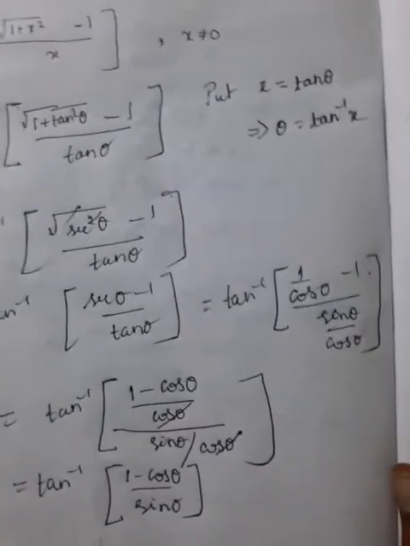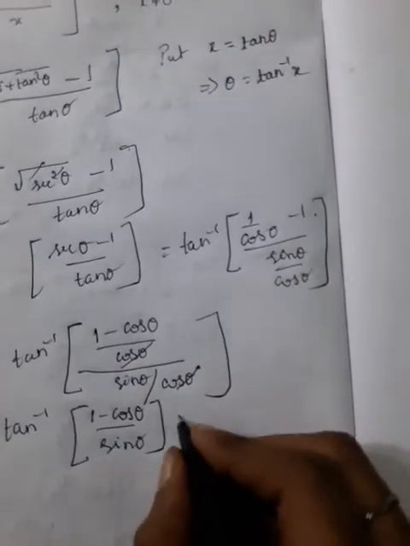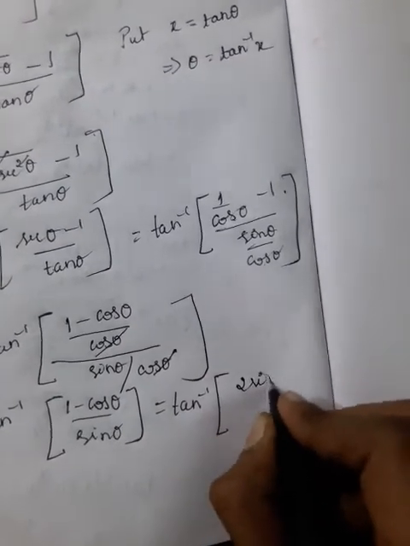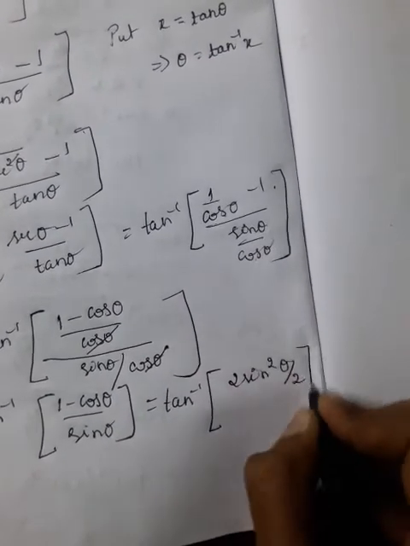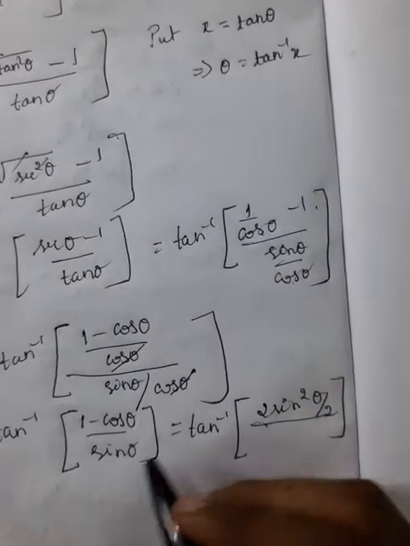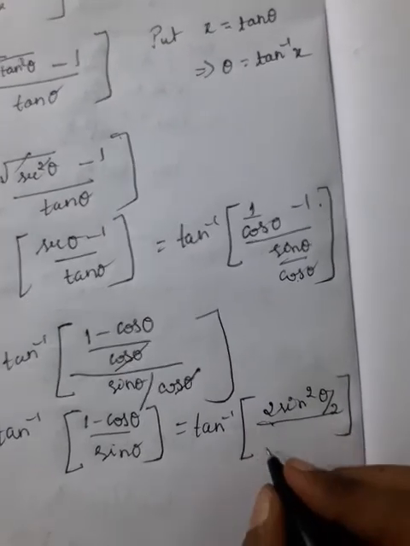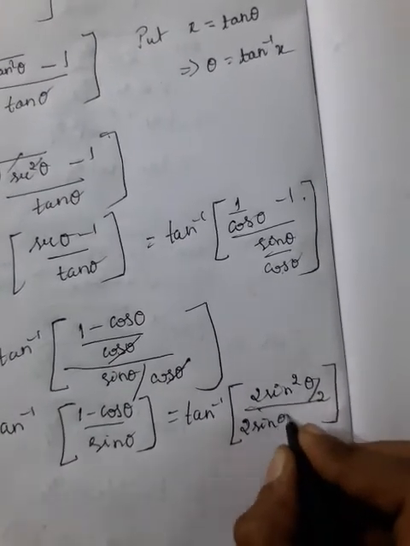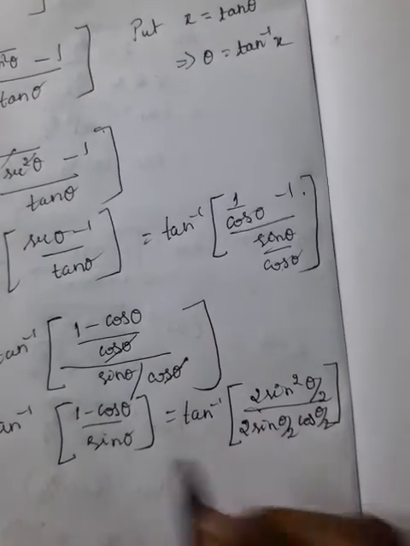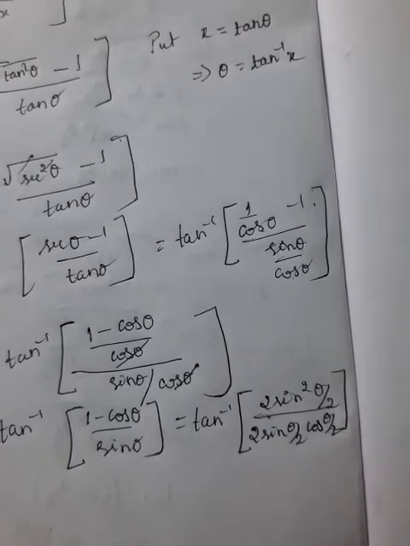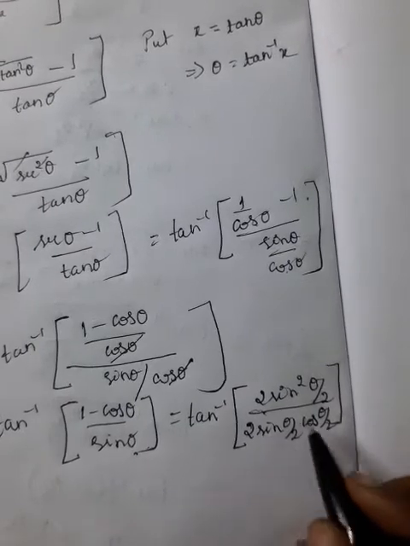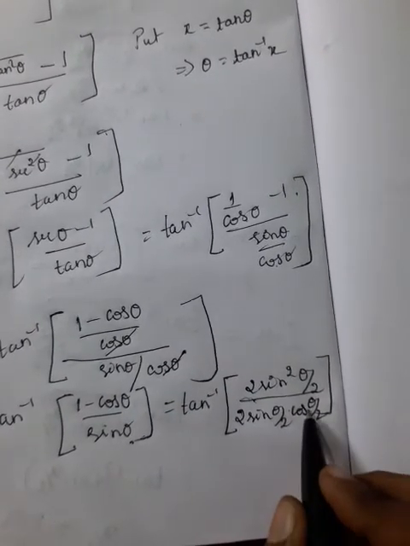I already told that 1 minus cos theta can be written as 2 sin square theta by 2, and the sin 2 theta formula you know, that is 2 sin theta cos theta. Instead of 2 theta, here theta is there, therefore the right hand side becomes theta by 2. So sin theta is equal to 2 sin theta by 2 into cos theta by 2. Understood?